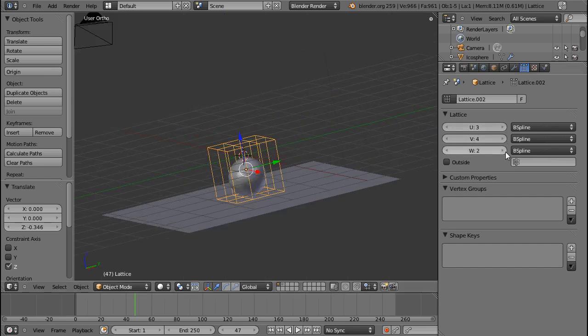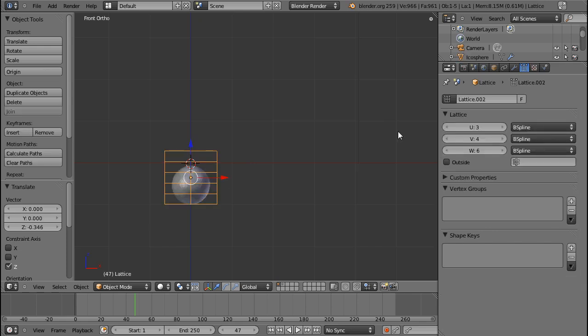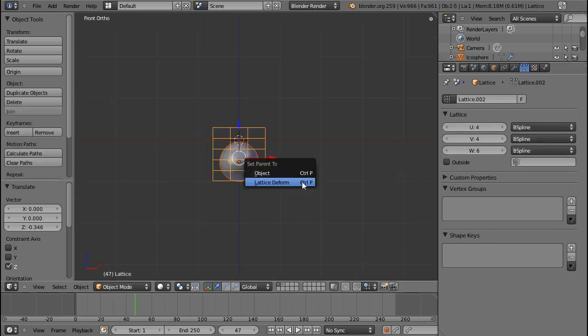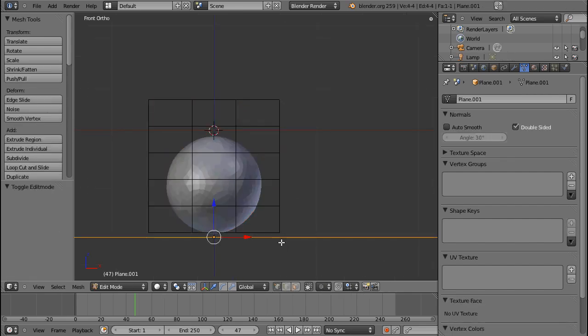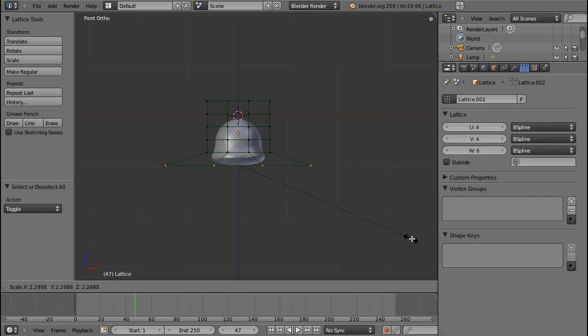Subdivide it a couple of times, and yeah, this will do. And select the one more in U. Select the object, shift select the lattice, press Ctrl P, Lattice Deform. And if I now select these lower vertices down here, press S, you can see how